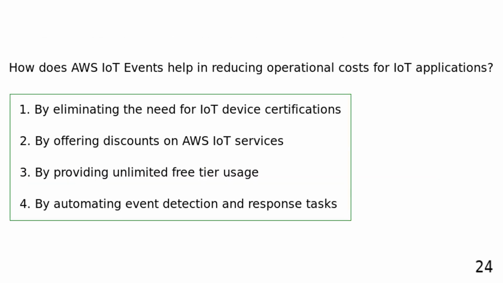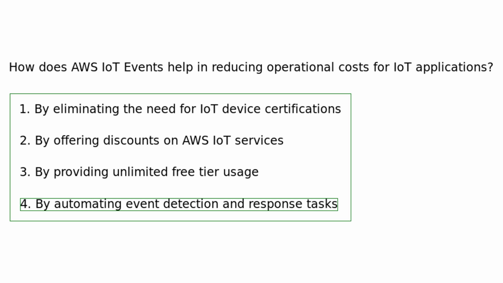How does AWS IoT Events help in reducing operational costs for IoT applications? By eliminating the need for IoT device certifications. By offering discounts on AWS IoT services. By providing unlimited free tier usage. By automating event detection and response tasks. AWS IoT Events reduces operational costs for IoT applications by automating event detection and response tasks, thereby optimizing resource utilization